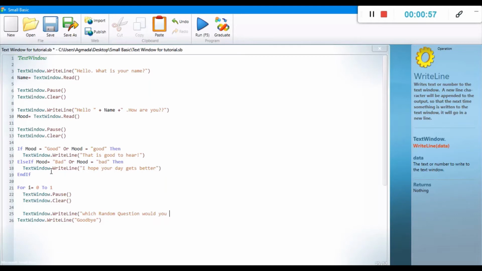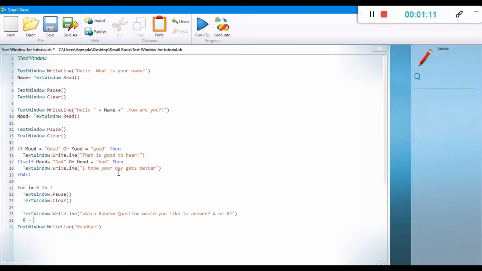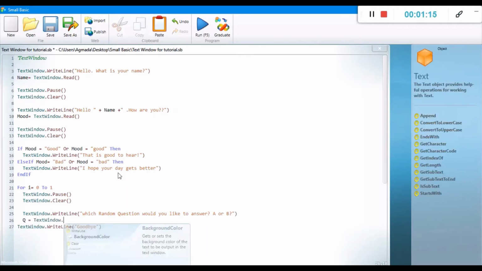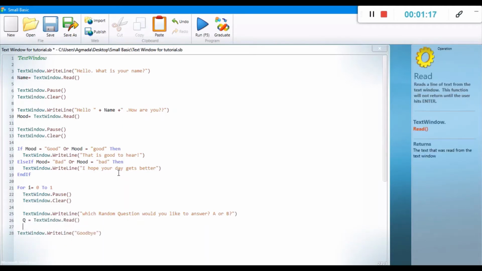So after I've written this, I'm going to be creating a variable. So I'm going to go ahead and create that now. To do that, we just write what we want to call it, Q. Q equals text window.read. So this allows the computer to read the user input. And so I'm going to put a space and we're going to write if Q